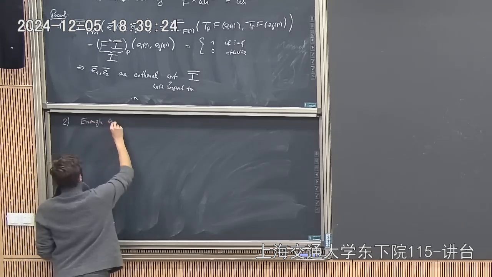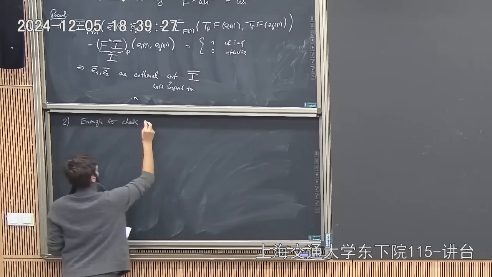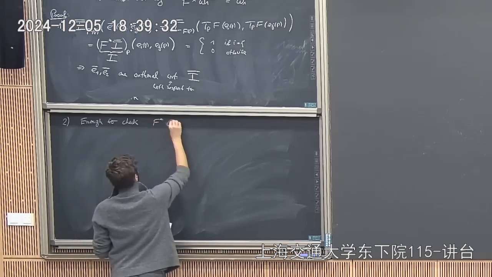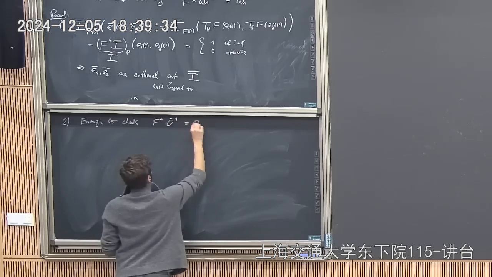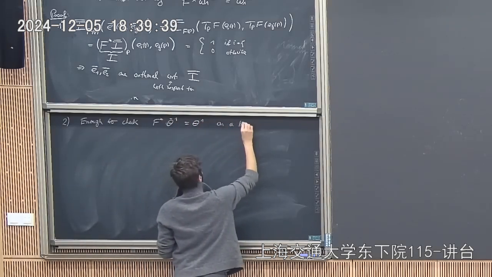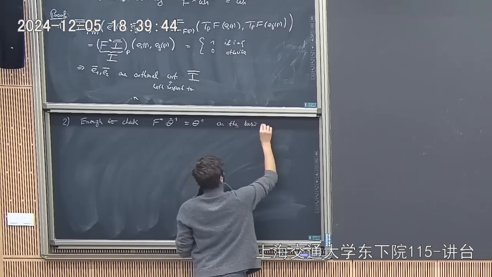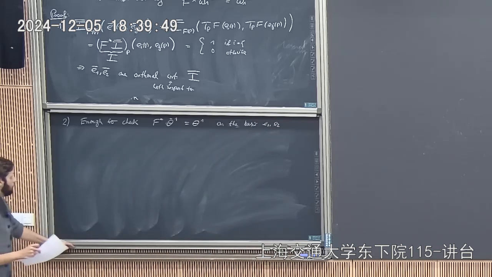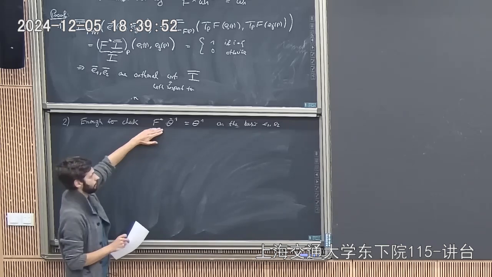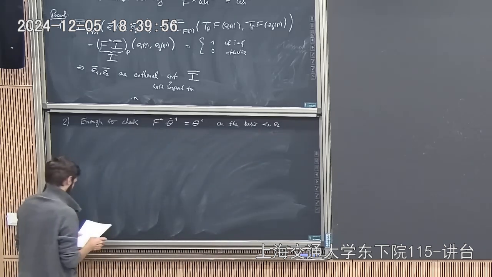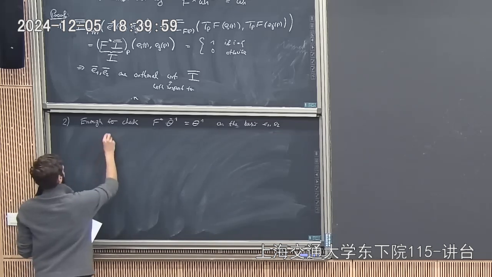Enough to check the equality that the pullback of theta 1 bar equals theta 1 on a basis, because they are a nice orthonormal basis, we can just evaluate this equation on E1, on E2, and then check if both times it works. So let's do it